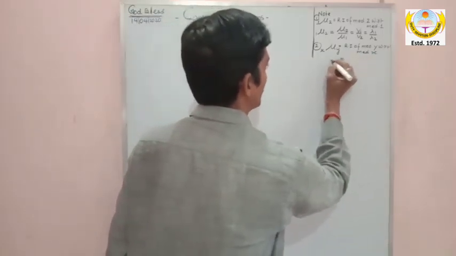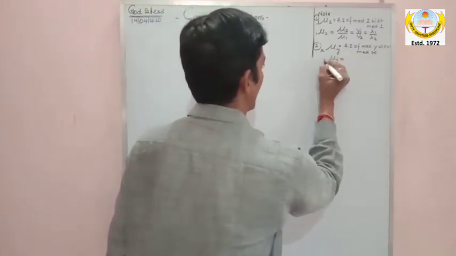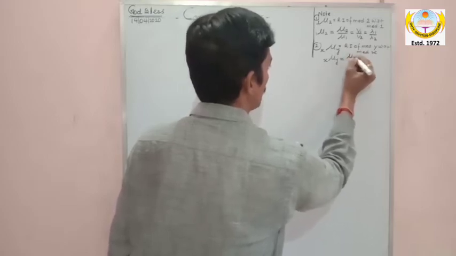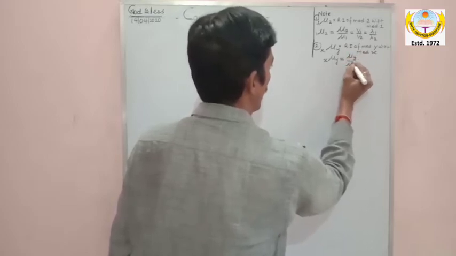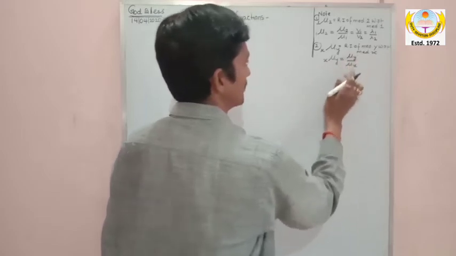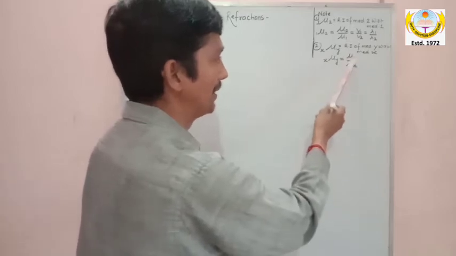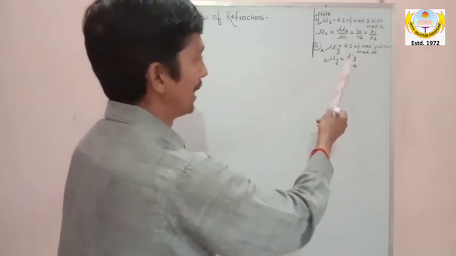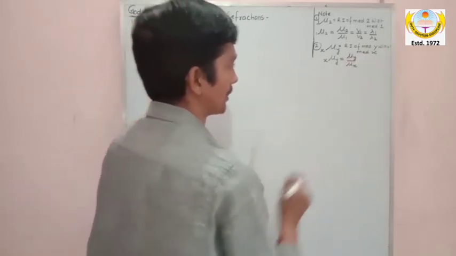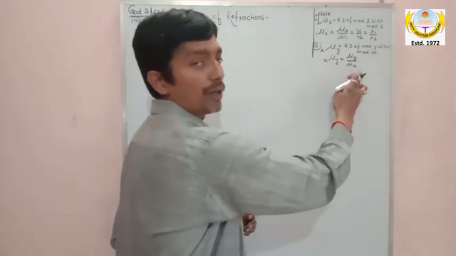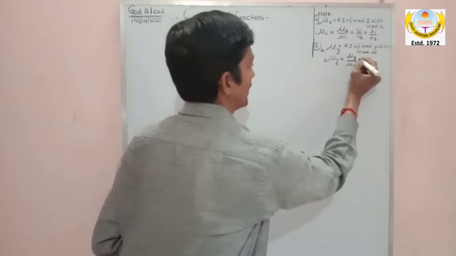Mu of y with x can be written as mu of y upon mu of x. You can also write this as refractive index of y in the numerator, divided by, that is with respect to, refractive index of medium x,